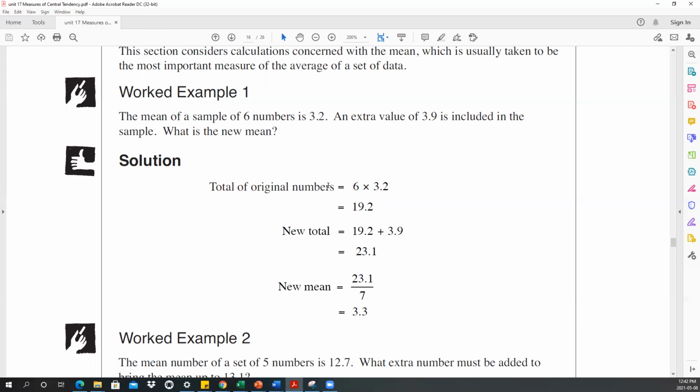So solution, total of original numbers, 6 times 3.2, 19.2. And hopefully you see this, right? Hopefully this makes sense here, because you can tell me if it doesn't. Total of original numbers, if you remember how the mean works,